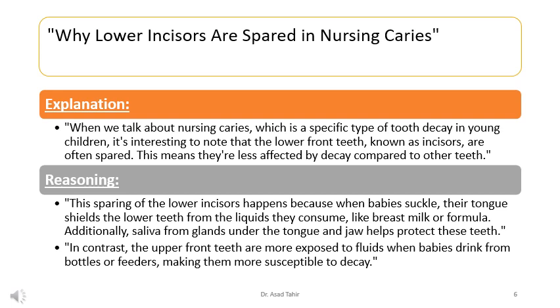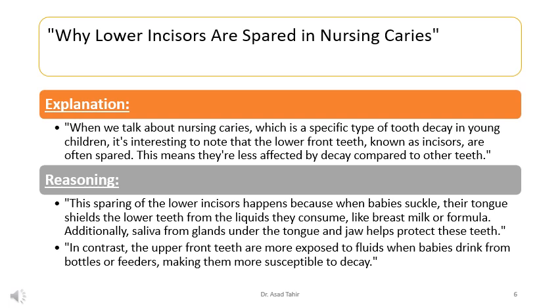Reasoning. This sparing of the lower incisors happens because when babies suckle, their tongue shields the lower teeth from the liquids they consume, like breast milk or formula. Additionally, saliva from glands under the tongue and jaw helps protect these teeth. In contrast, the upper front teeth are more exposed to fluids when babies drink from bottles or feeders, making them